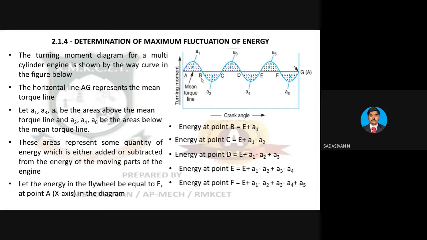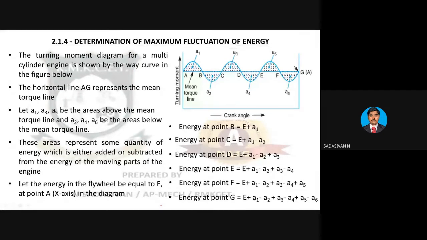When your graph is above the line, do plus. Below the line, do minus. Don't miss any of the graph. Keep adding it. So point A, point B, point C, point D, point E, point F, point G. At point G, again you will get the same answer as point A. This entire thing will get cancelled out. See? So all these things will add up to 0 here. Therefore, you get the same energy as point A. So it again repeats itself, the entire thing.